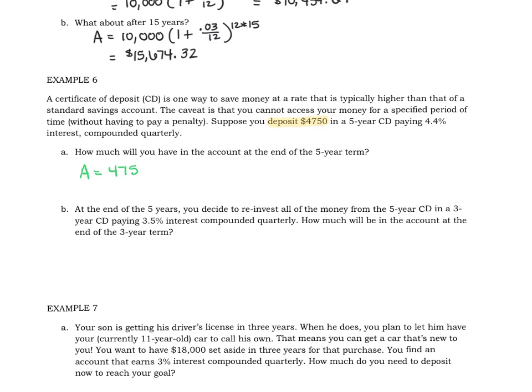Our starting amount is $4,750. Our interest rate is 4.4%, again written as a decimal. We are compounded quarterly, so that means that N is 4. And we're going to have that in the account for 5 years. So again, the exponent is now 20, and entering that into your calculator, you should find at the end of 5 years you have